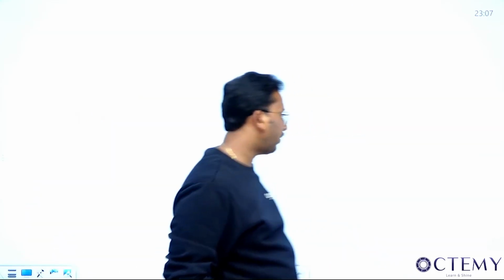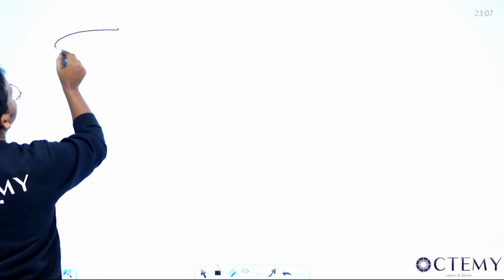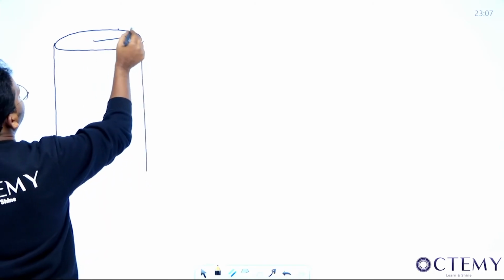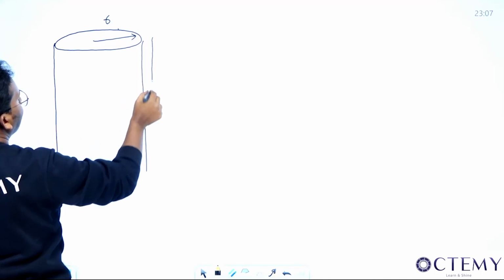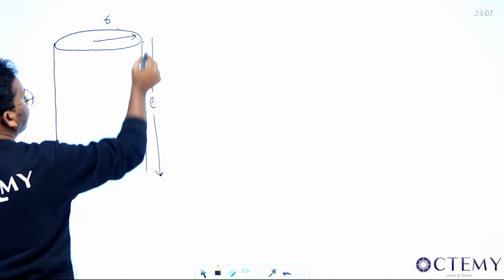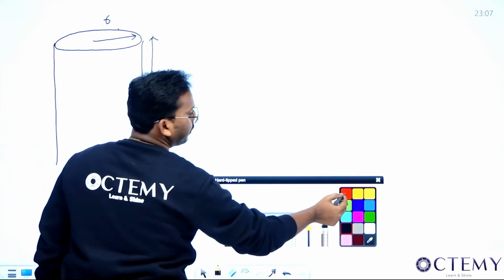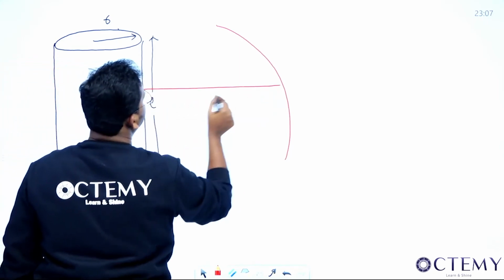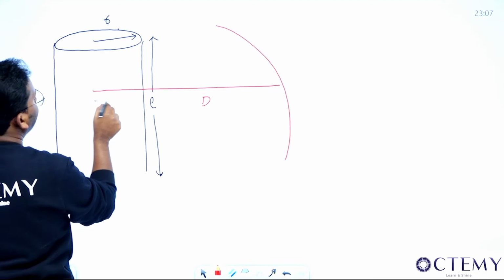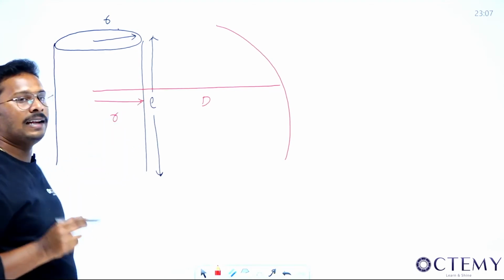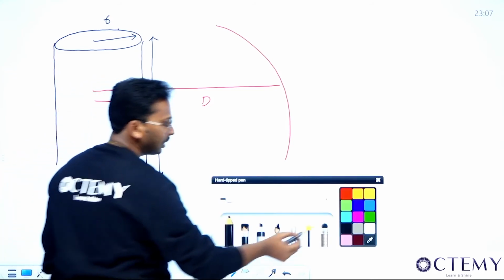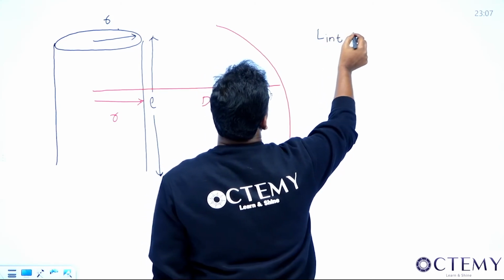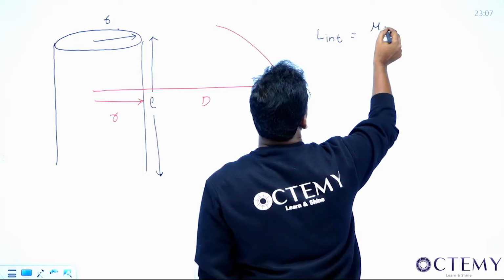Now the total inductance of the wire. Assume this is the wire which I have been talking about and it has the radius of r. From the center the radius is r and the length is L. Then at a certain distance, say capital D from here, and the internal radius is r. So I want to find the total L. Total L, what will it become? L internal will be independent of radius and it comes to mu naught by 8 pi.